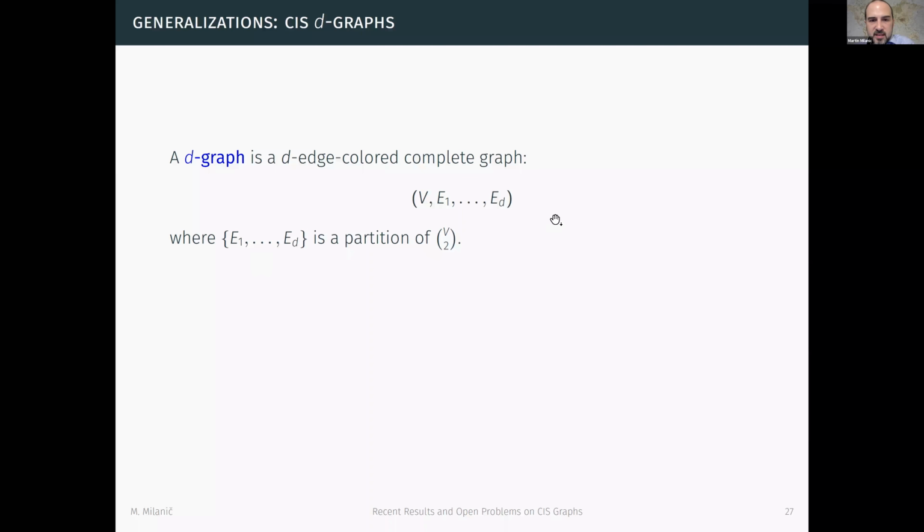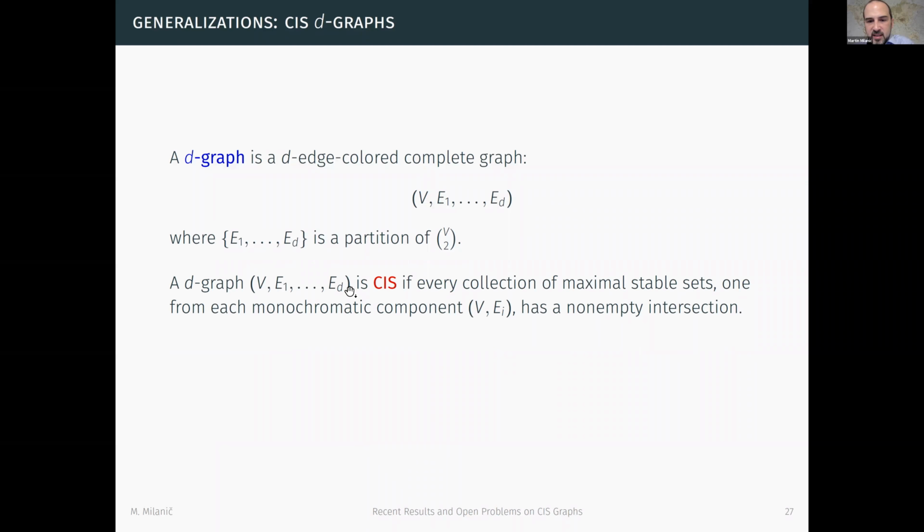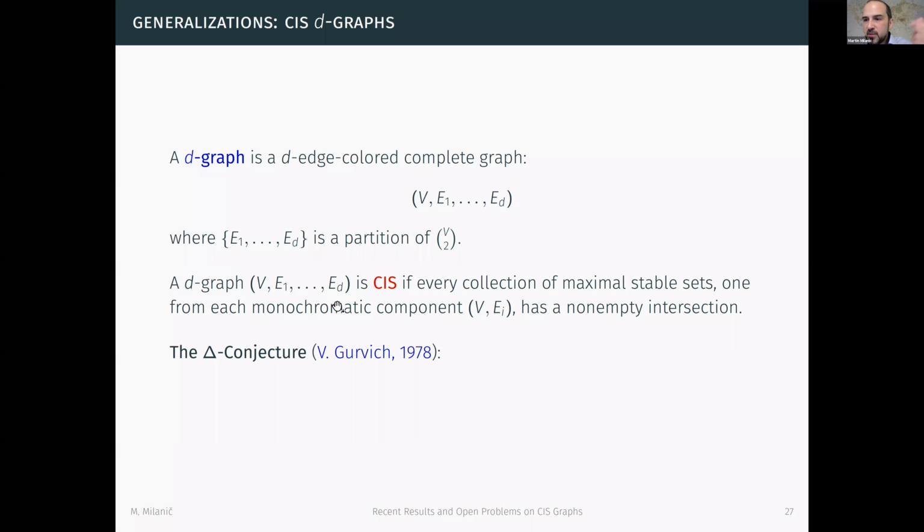And we say that such a D-graph is CIS if, when you choose for every color class, so you have different colors of edges, right? For each color, you choose a maximal stable set in the corresponding graph. And no matter how you do this choice, there will always be a common vertex in all these stable sets. So this is the definition. If D is equal to 2, then you have a graph and its complement, and then you get the original CIS definition. This is a concept which has applications in game theory,